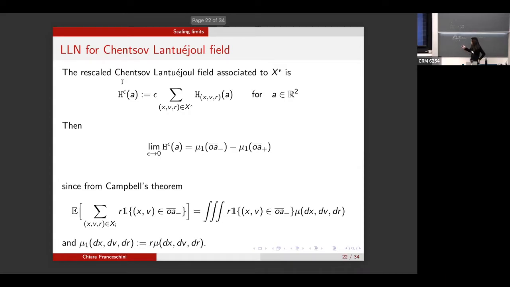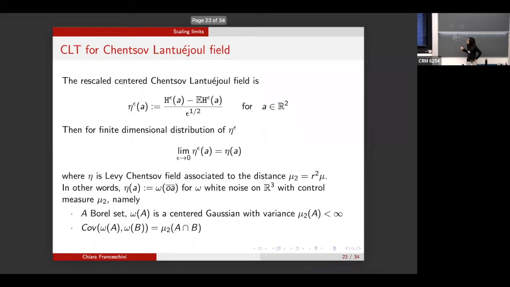So you have the law of large numbers, then you also have the central limit theorem. Again, here you have to rescale according to the central limit theorem scale. You take your object H epsilon, you subtract the mean, you rescale by square root of epsilon, and then the limit as epsilon goes to 0 of this object is the so-called Lévy-Itô field associated with some measure mu2,